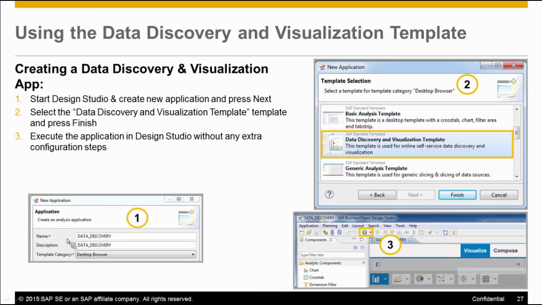Again, you will start creating your new application. You would select the data discovery and visualization template, and once you have made your selection, make sure you select the desktop browser, because for this template category, this template is only available for the desktop browser, not for the iPad or iPhone. So when you select an iPad or iPhone, then you will see a different set of templates, which won't be available. So once you are in the data discovery and visualization template, you would click on this execute button, and then